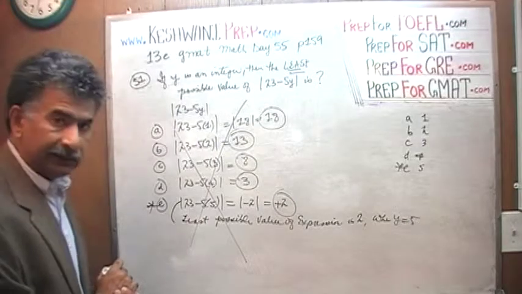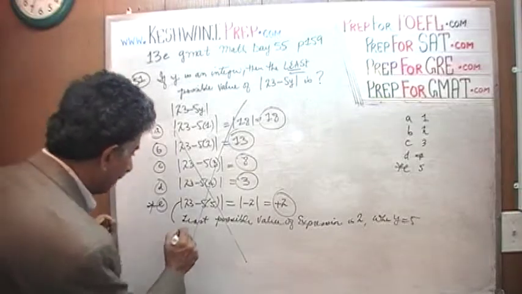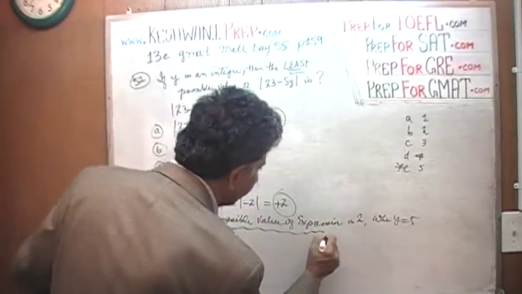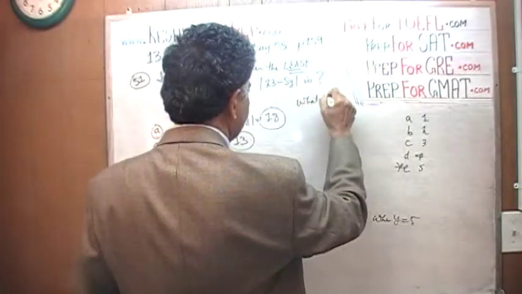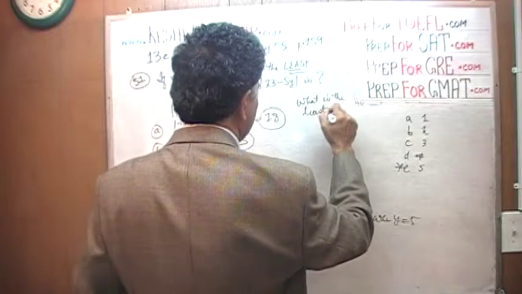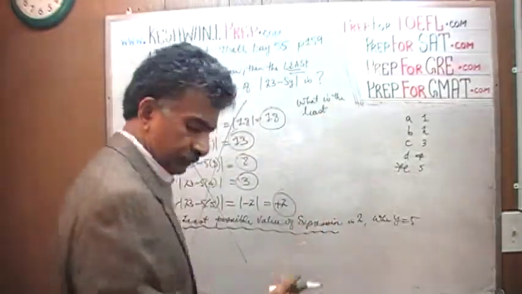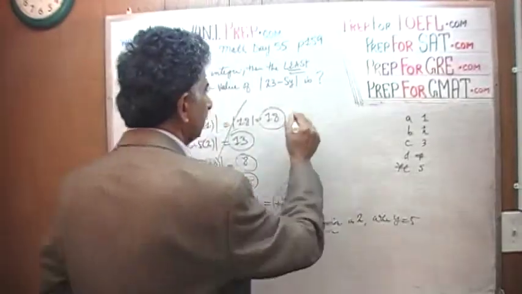Listen very carefully. E would have been the right answer if the question were, what is the least possible value of the expression? Rather, that is what they're asking here. If the question were,